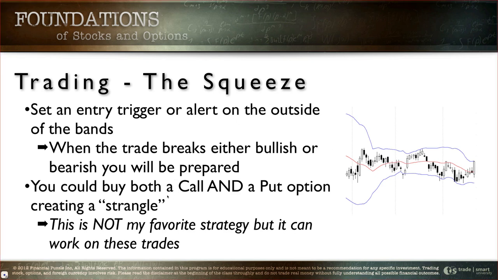Now, there's an alternate way that you could do this, and the way you would do it is you could buy both a call and a put option, which creates the strangle strategy. I've not taught that to you, but some of you already know it, and it's not complicated. It's just simply called a strangle, and you buy both a call and a put. Now, this is definitely not my favorite strategy for the Bollinger squeeze play, but it is a viable strategy. And